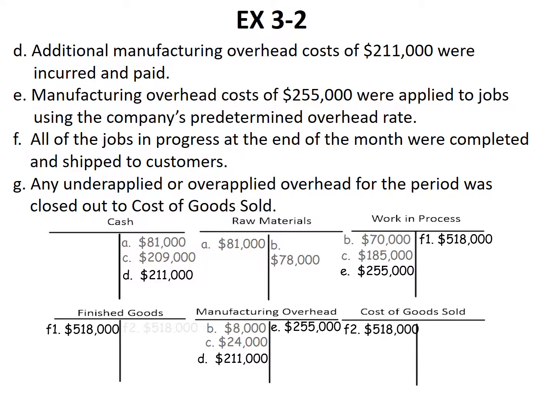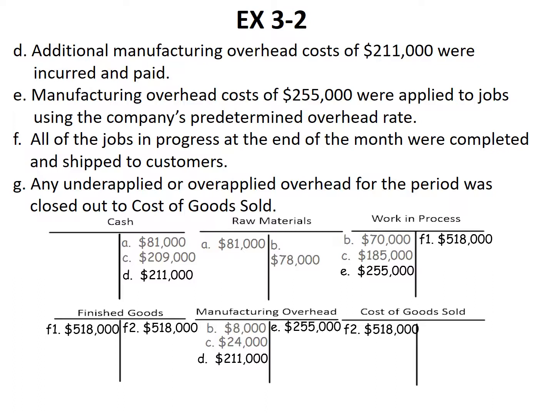So we would debit cost of goods sold for $518,000, and we would credit $518,000, in effect removing the total value of finished goods into cost of goods sold. Now we get into any underapplied or overapplied overhead for the period, which was closed out to cost of goods sold. So the manufacturing overhead account, again, the debit side are actual cost, the credit side are